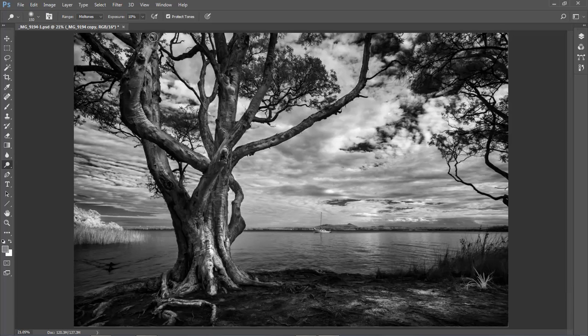And I'm just going to work along the rest of the tree, just in those areas, and perhaps switching to the highlights, just to make as much from that contrast as I can without burning anything out, of course. And when I'm happy with that, sit back and we can take a look. Now the first thing I notice is these highlights here may be a little bit too high, so let's switch from the dodge tool to the burn tool. Let's stay with highlights. The exposure is 8%, just a couple of sweeps of my brush along here,